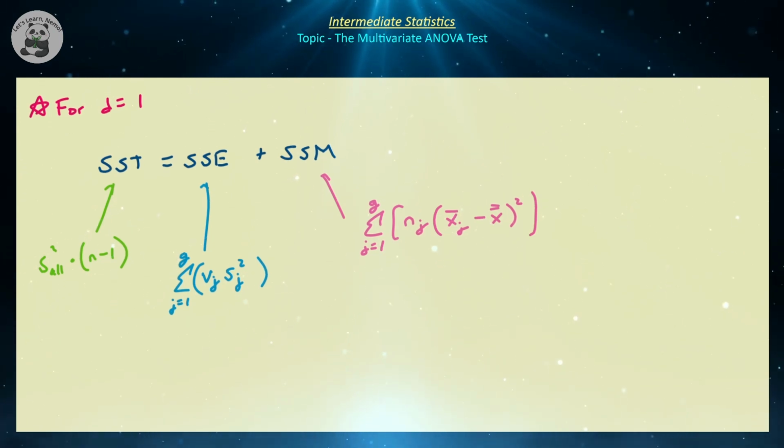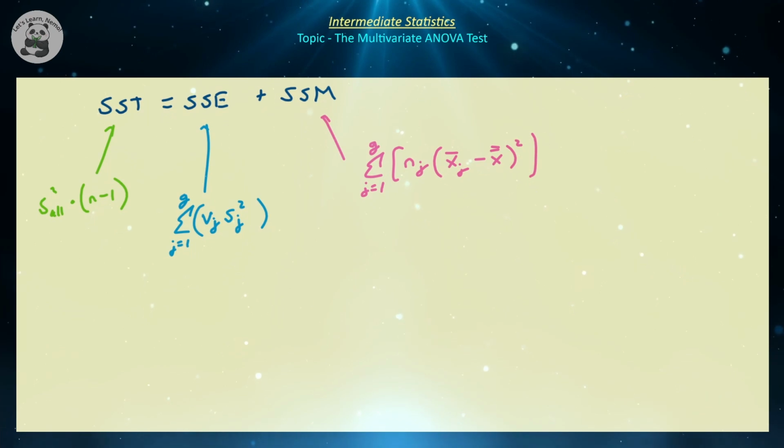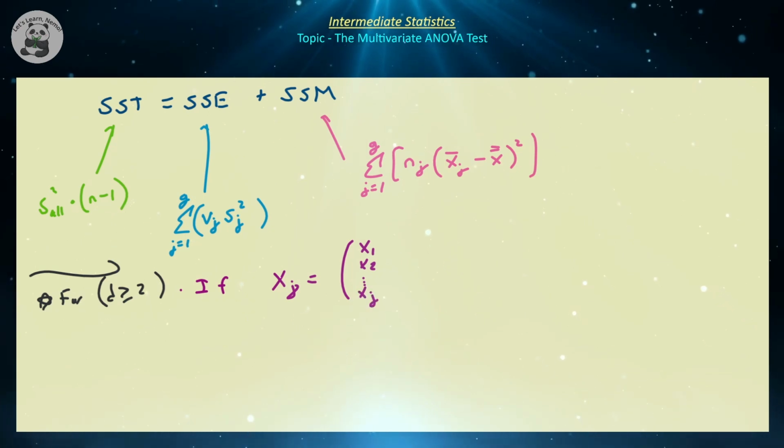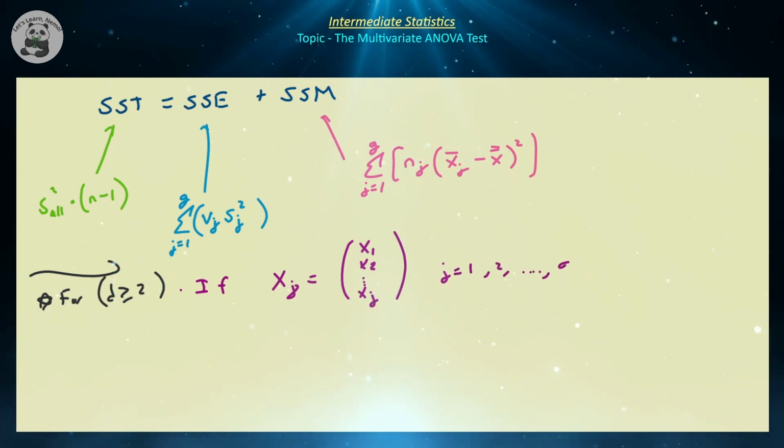So what we're going to try to do is generalize each of these formulas to a multivariate case. All right, so let's just briefly segue very slowly into that. So for d greater than or equal to 2, what do we need to have? So if our random vector x_j, and keep in mind this is x1, x2 down to xj, where j is equal to 1 all the way down to g, then if we